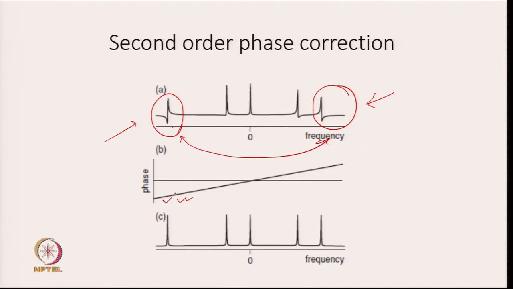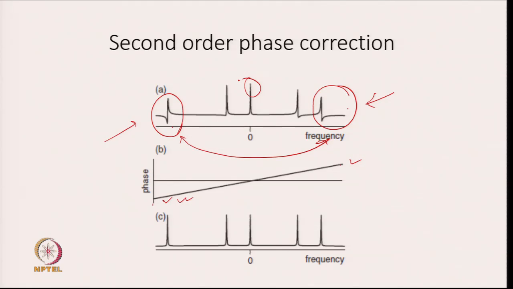So, here is the negative part, here is the positive part. Since here the phase is positive, and here the phase is negative, the positive part is multiplied by negative, whereas the negative part is multiplied by positive. So basically the correction is done at phi equal to 0, where you see there is no correction needed. For this resonance no correction is needed, for this resonance no correction is needed.